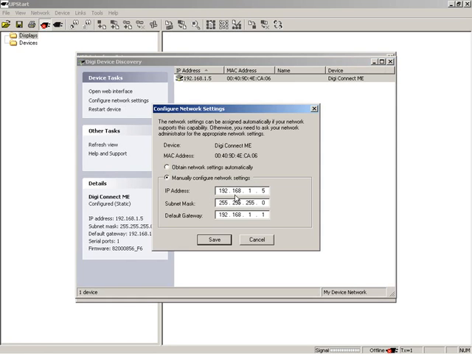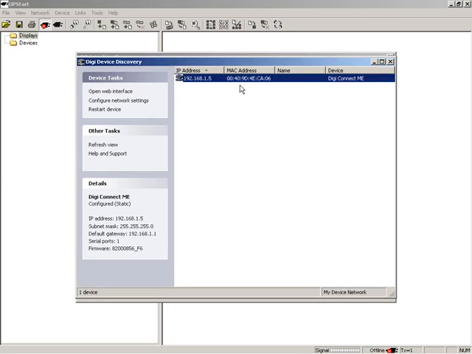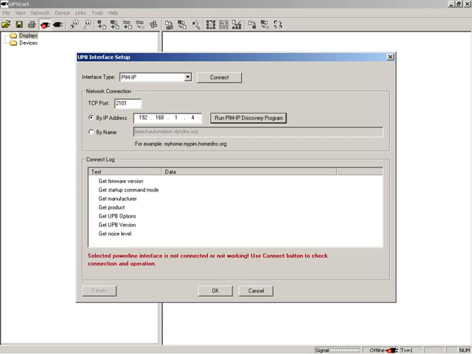Normally, this upper button would have been checked. But we've set up this IP address of 192.168.1.5. You put in your subnet mask and your default gateway, and you can say save, and that'll then reboot the device and set it to that IP address within your network. So we know now that it's 192.168.1.5. So I can come back in here and punch in .5. The port that we always talk through is 2101,